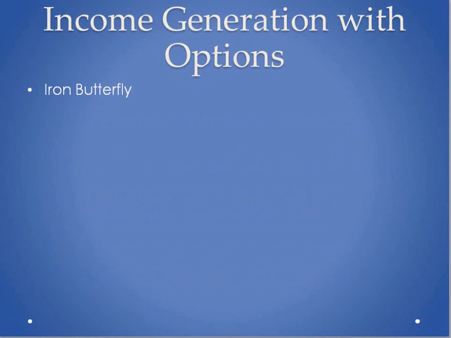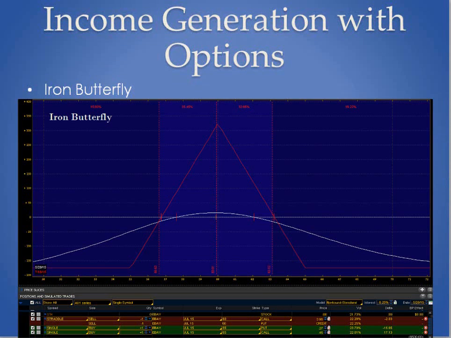As you can see from this graph of the iron butterfly built upon the straddle, where we sold the 60 straddle and we got a credit of $3.96, and then I bought in the two defined risk sides where I bought the 55 put and the 65 call for a total of 72 cents. So that would be taken away from our credit received. So we would totally gain a